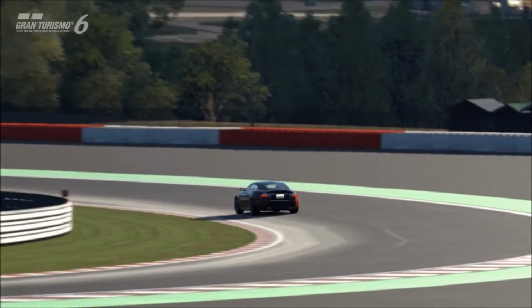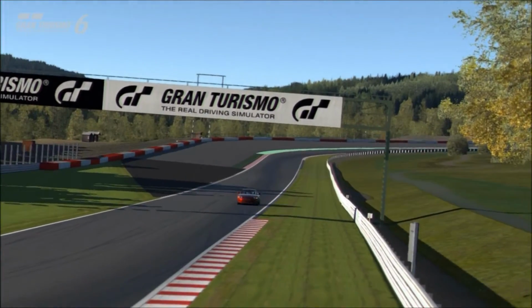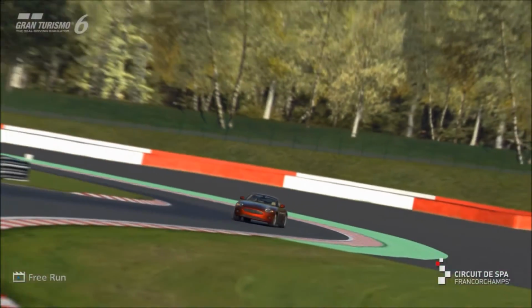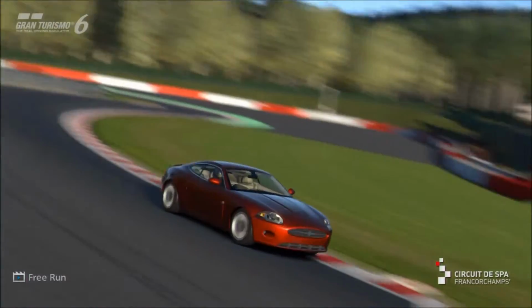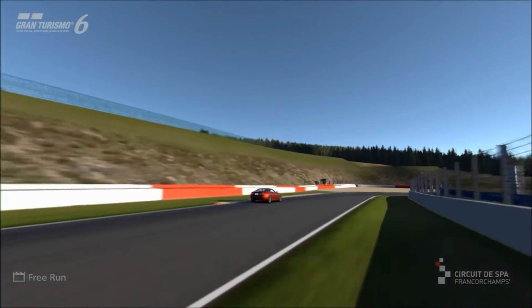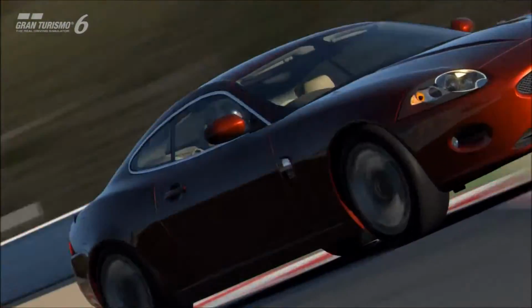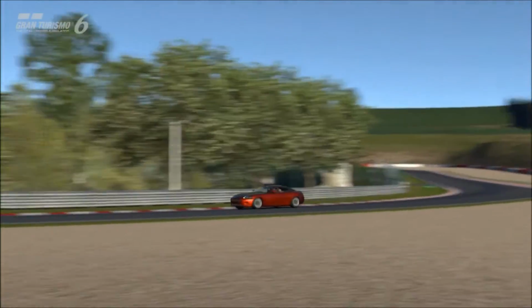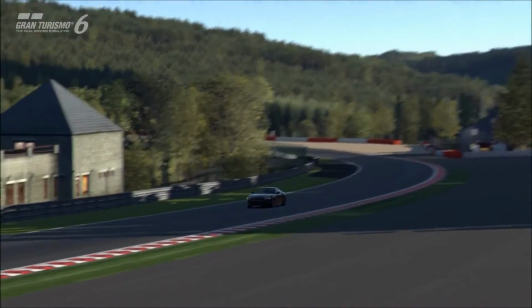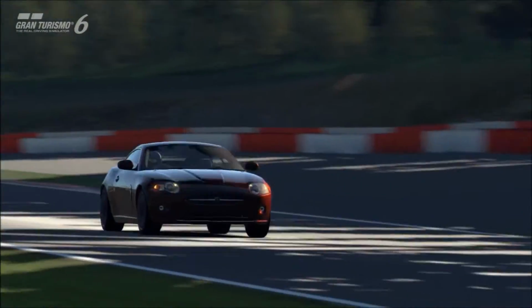Now, as far as spec, it is pretty expensive compared to some other sports cars in this series. It's a 113 grand vehicle, but for that, you do get some really impressive numbers. In fact, it's not that far behind vehicles like the XKR. You're looking at a 4.2 litre supercharged V8, rear-wheel drive, of course, and fully tuned. You're putting out really good numbers. 750 horsepower, 720 pound-feet of torque, and it does weigh 1,353 kilos,